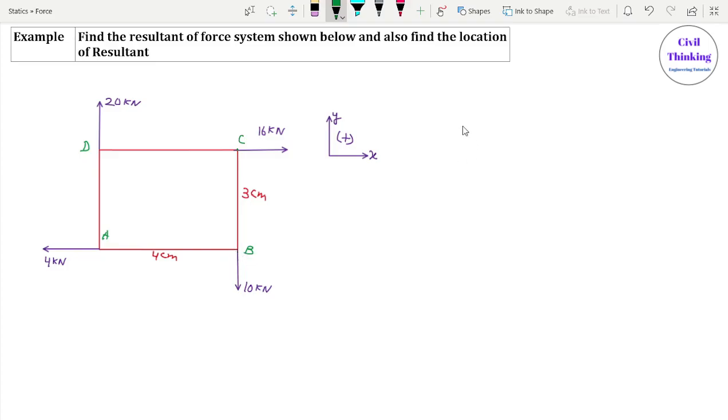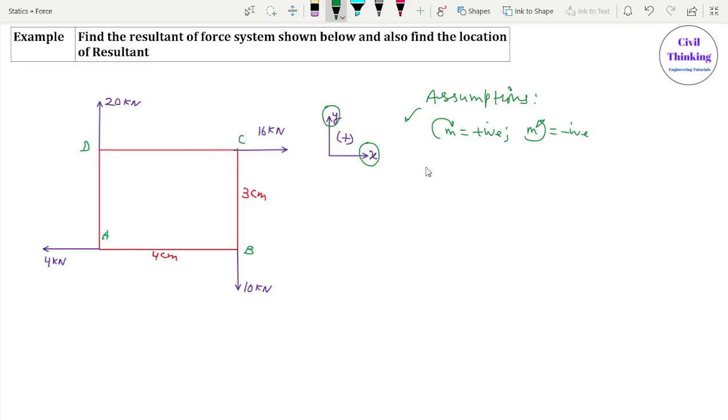Now we have to make some assumptions to solve this problem. Number one is sign convention. Let's assume the x-axis forces towards right, as you can see here, are positive, and the forces in the y-axis which are upwards are also positive, okay? And other forces which oppose them are negative. So this is assumption one. The second assumption is, let us assume the clockwise moments to be positive and anti-clockwise moments to be negative,